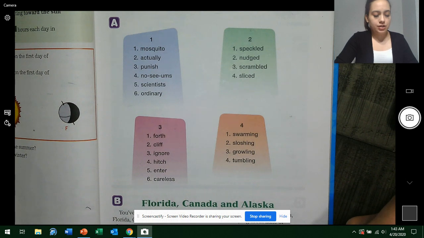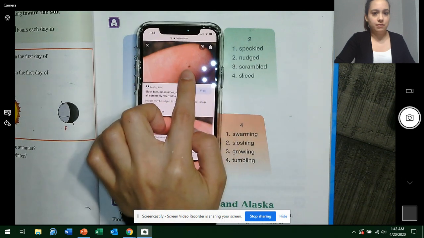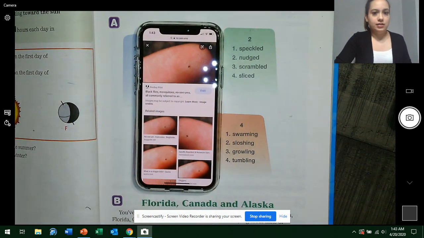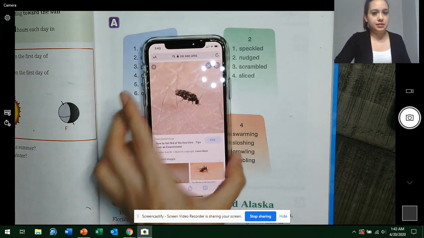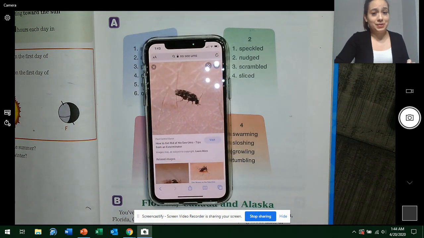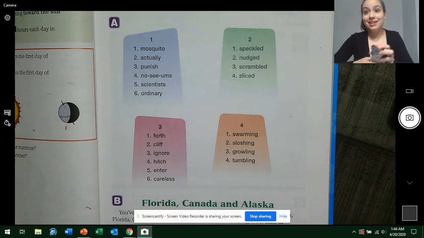But in reality, they're tiny, like tiny mosquitoes. So this is how tiny they actually are. If you can see that dot right there, that's how tiny they are. But if you're up close, they look like this, boys and girls. Almost like mosquitoes, right? So these tiny insects live in Canada and Alaska.